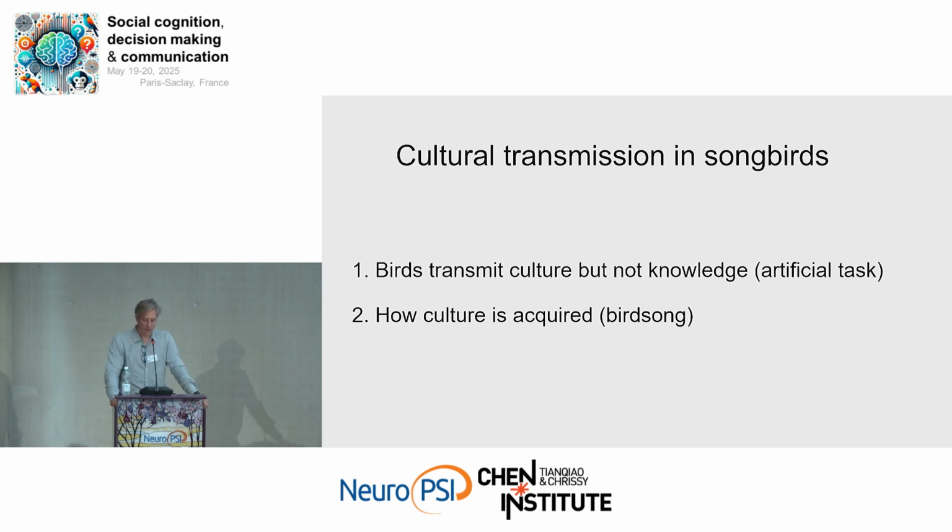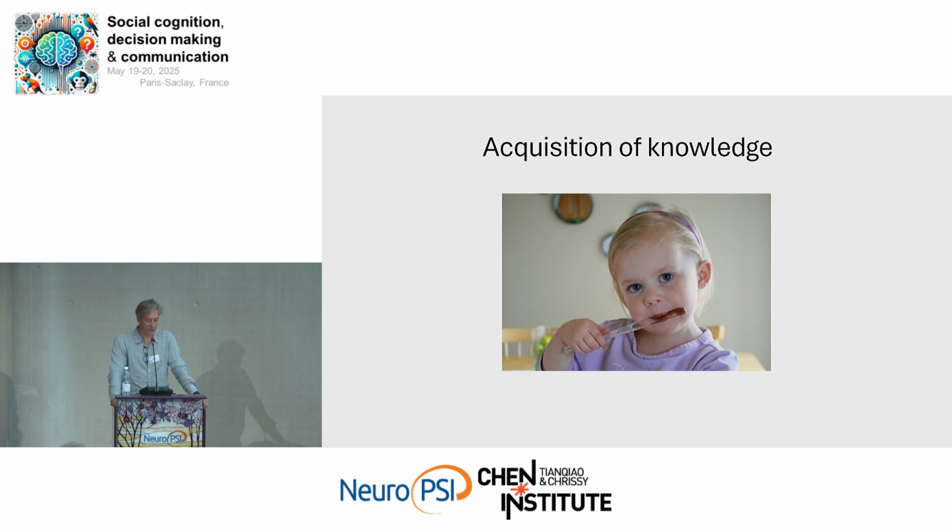Okay, so, acquisition of knowledge, right? Imagine this situation: your daughter puts the knife in her mouth, and you would like her not to do this. So what can you do? You could tell her no, don't do it. But then it's not so clear as an instruction what exactly to do. The no, what does it refer to? Maybe she thinks it's your chocolate, so you would like to have it or something.